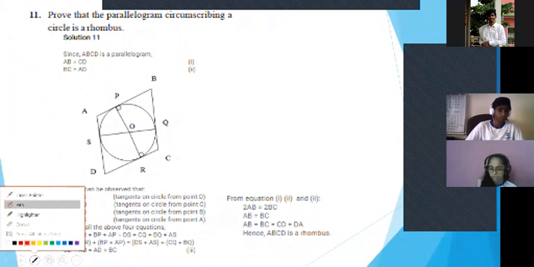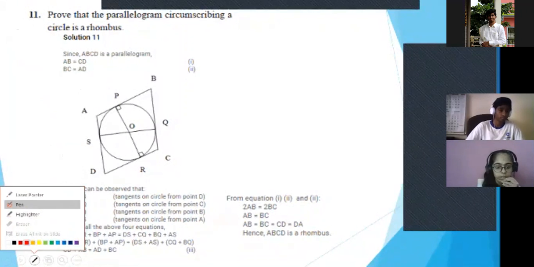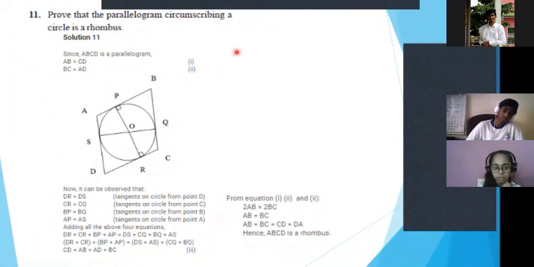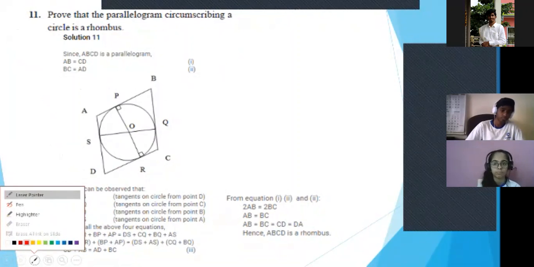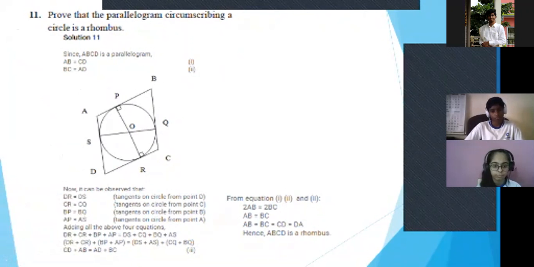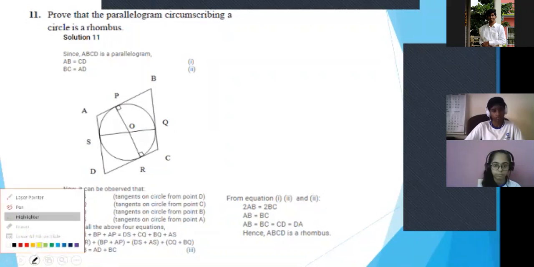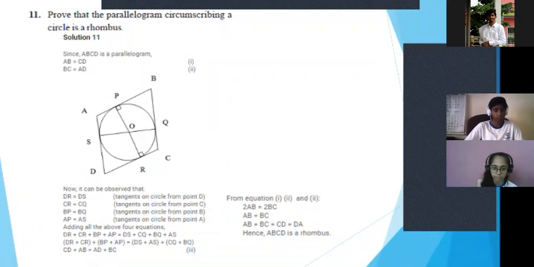Sia, could you do the sums? You can prove it by telling that diagonals bisect at 90 degrees also. Rhombus, yes. Yes, but how will you do it in these type of sums? Ma'am, draw diagonals from A to C and D to B, then show that at the point of the tangent, by alternate interior angles, you can show all make 90. Oh, that's very good. Perfect. That can be easily done. But as what I have in mind, let me just show this to you all.